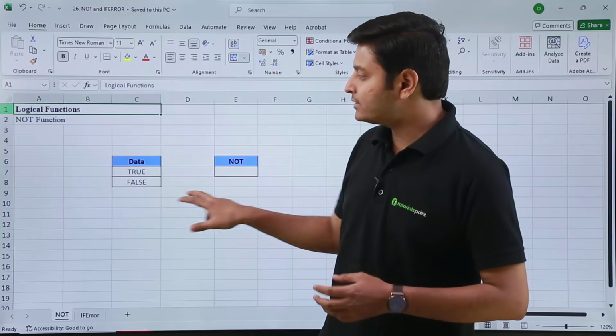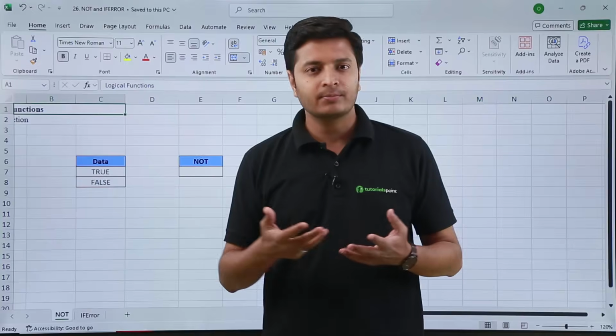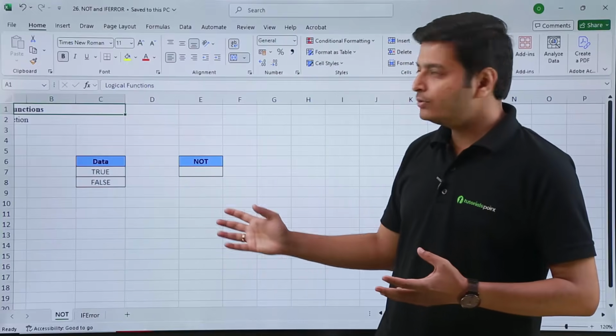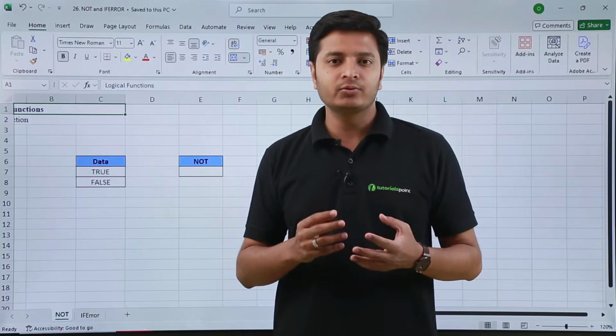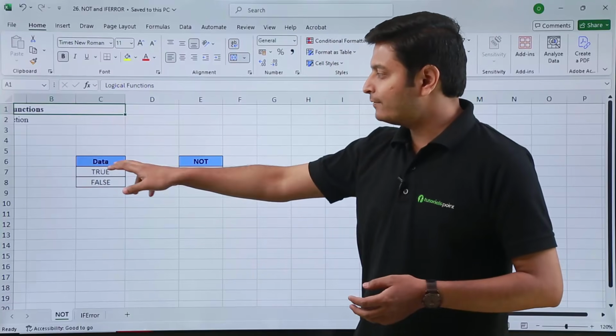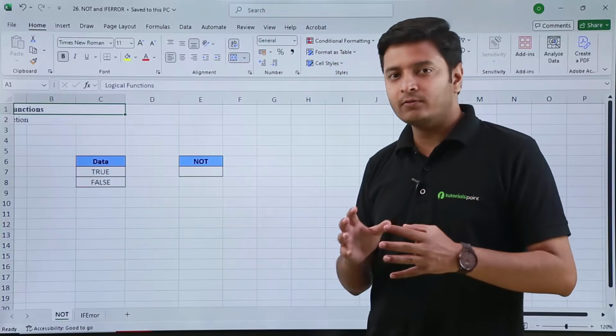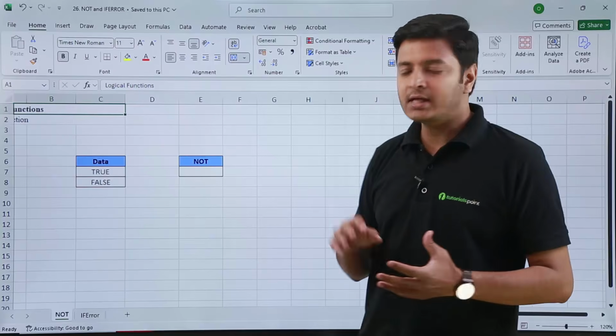So I have written some data over here which is Boolean expression only, true and false, right? What the NOT function will do is it will throw you the opposite value of the function. Suppose in this case we have true and false as our data. So if I want the opposite of these two values, what I can do is I can use the NOT